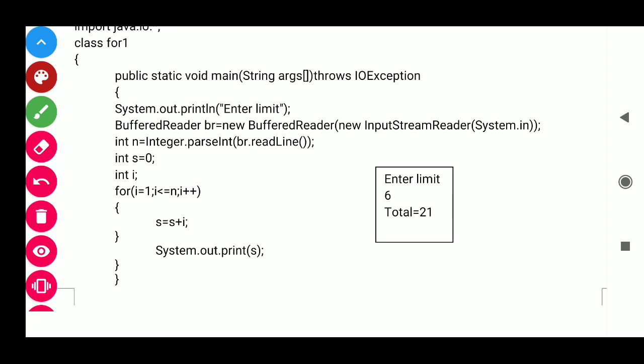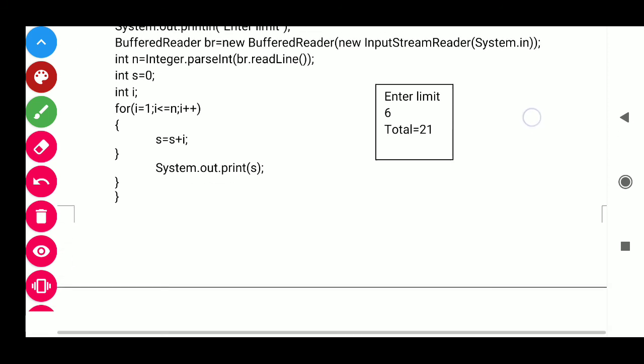Then the purpose of this program will be over. So first the value of s must accumulate all the numbers generated by i, and when i is over, the for loop will terminate, and only then we have to print the value of s. That is the thing. Come to the next question.